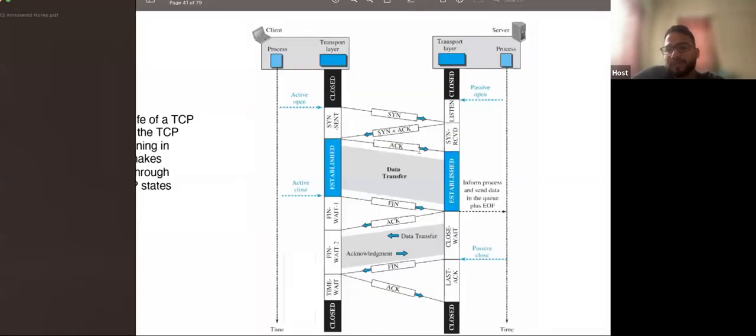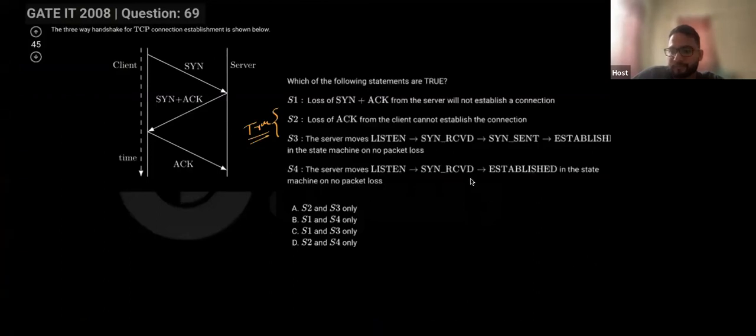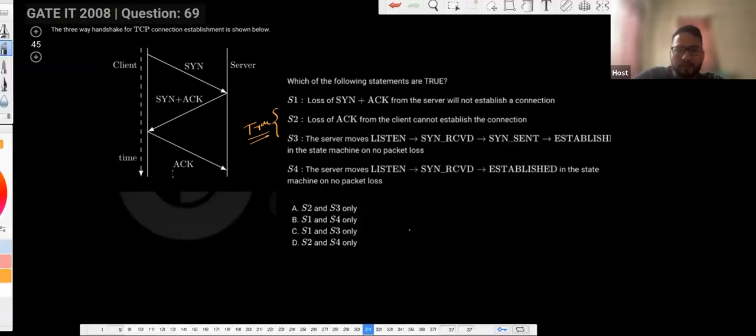Why? Because if this ACK is lost, then the server will be in just the SYN received state. It will not establish the connection, and the data transfer can only happen when both are in the connection establishment state. While sending the data, it can set the ACK one. It has sent the ACK, and yeah, here also you can send the data. It's not the compulsion, but